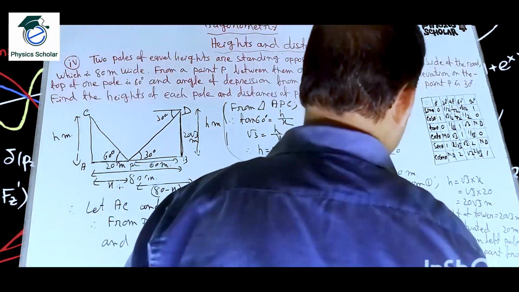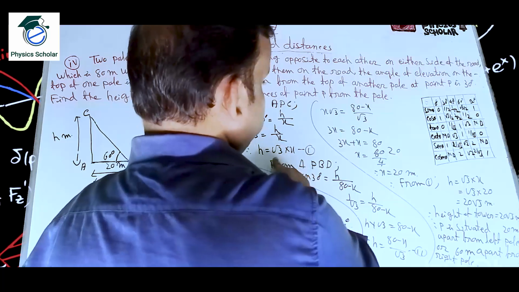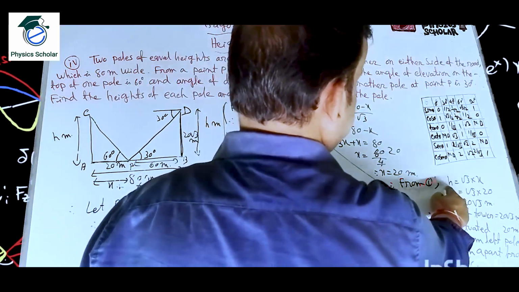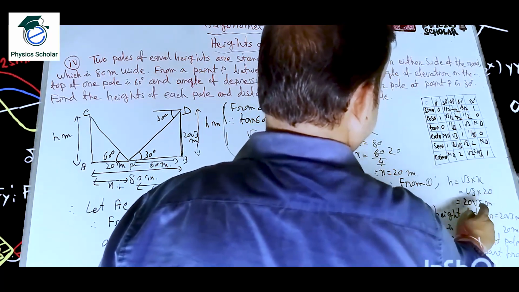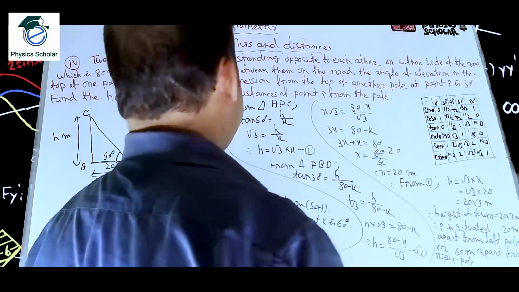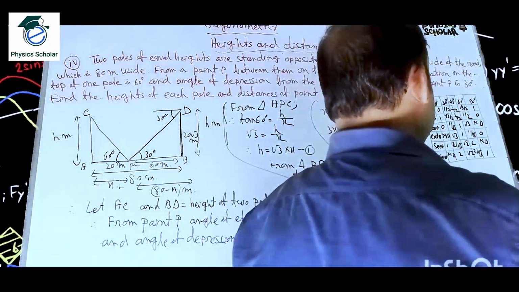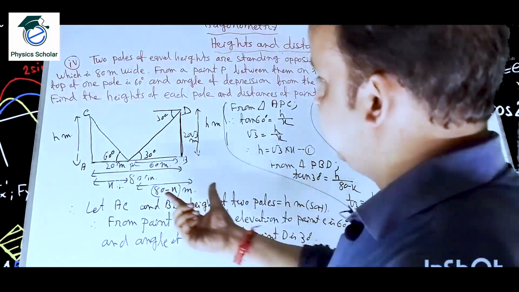Clear? By putting the value of x. So I am taking this equation, it will be easier. So h is equal to root 3 into x. So root 3 into 20, that means 20 root 3 meter. That means the height of the tower will be 20 root 3 meter, and P is situated 20 meter apart